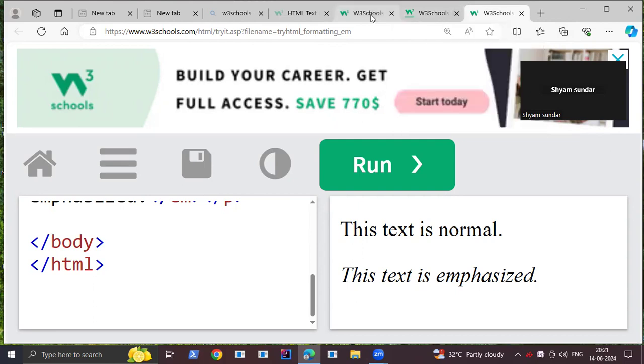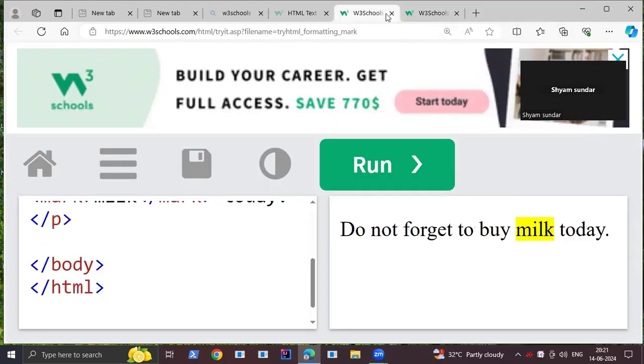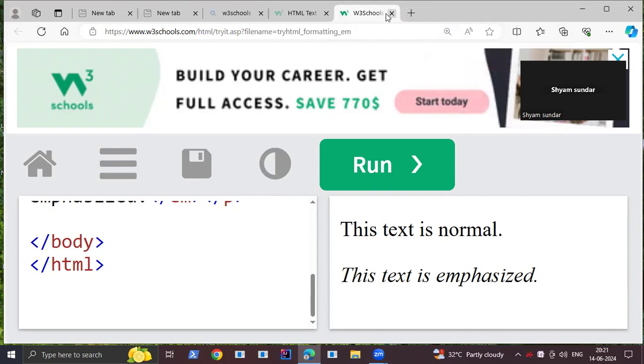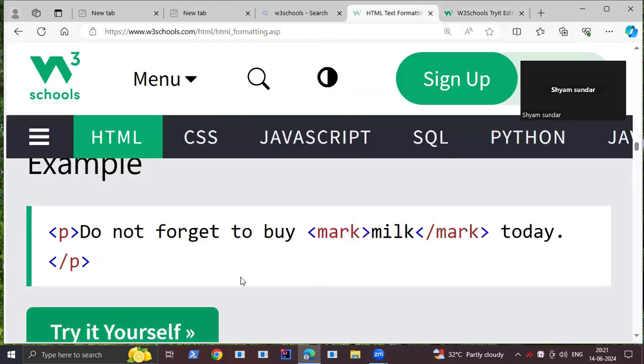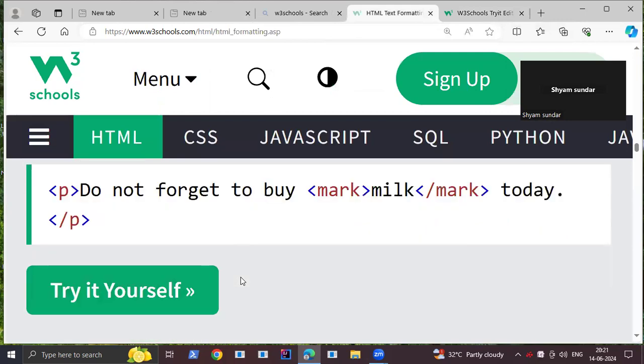We will implement all these things now in coding. So we need to go to your notepad. Now here, next is